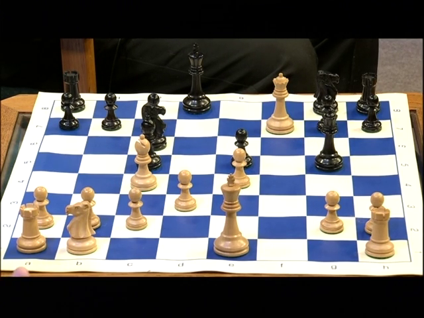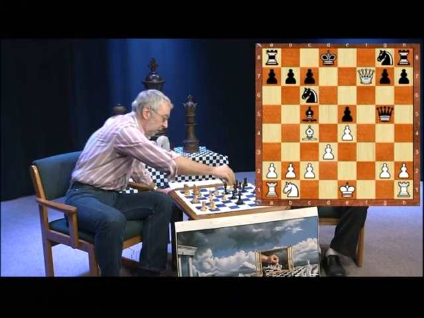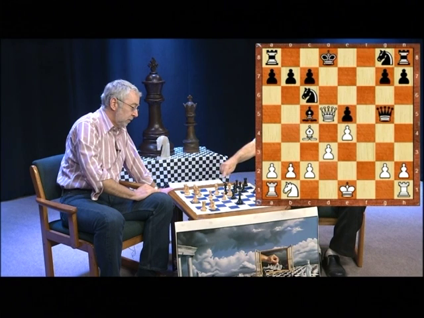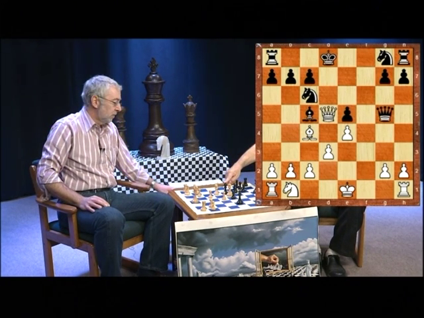So how does white continue? Yeah. 11th move coming up. I'm sorry, 10th move. So do we have another check here? White plays queen d5 check. Oh. Now with this check, the queen is suddenly attacking, not only checking the king, but also attacking the undefended bishop. Right. So